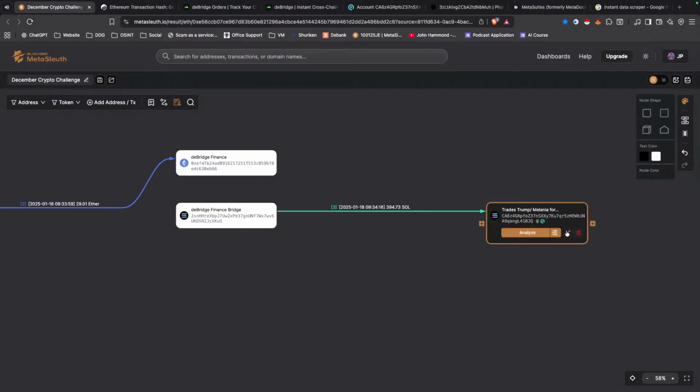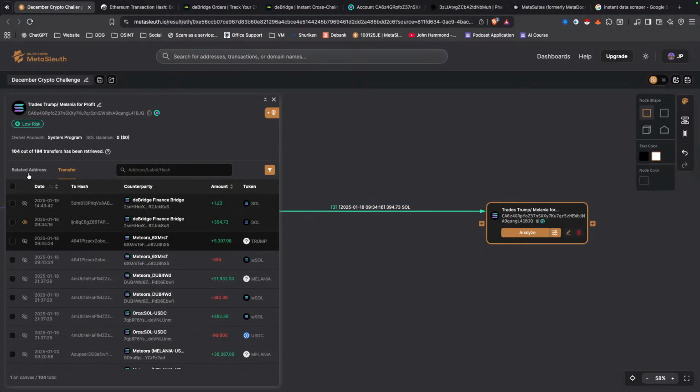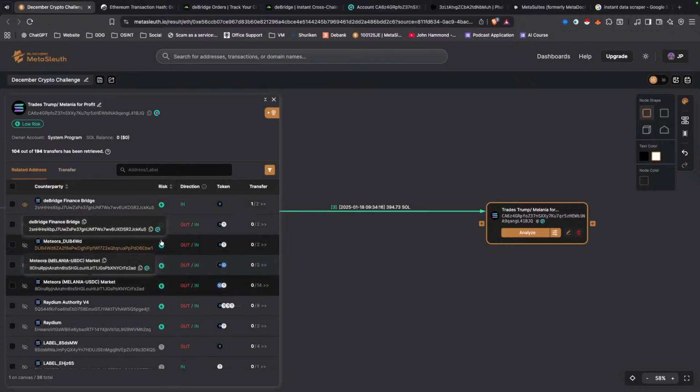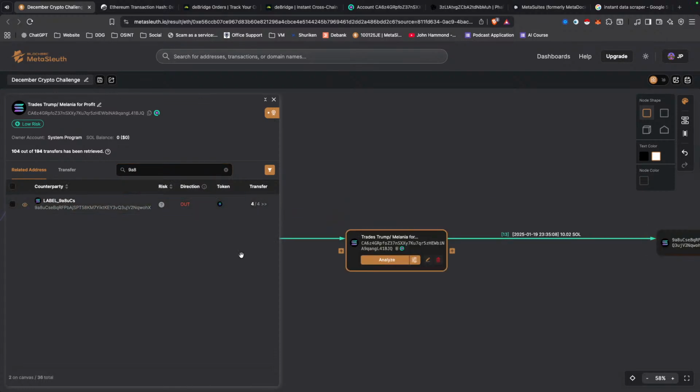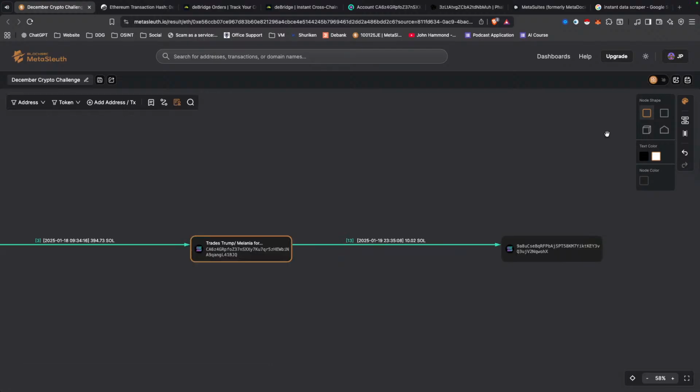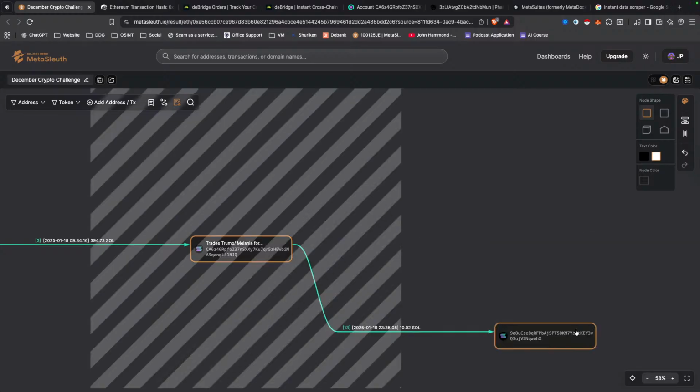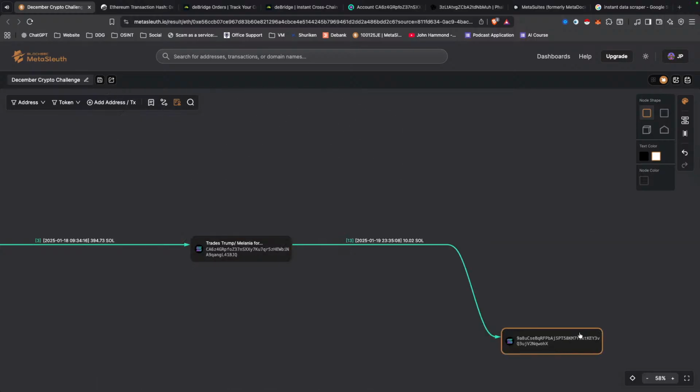Then what else have we seen here? We've got that 988 address, right? So let's find that, because we know that there are a few little transactions that go out to that address. But besides that, everything else that we've seen so far is meme coin trades. So I'm just going to move this out of the way because whilst it might be related, it's not our main path of funds.